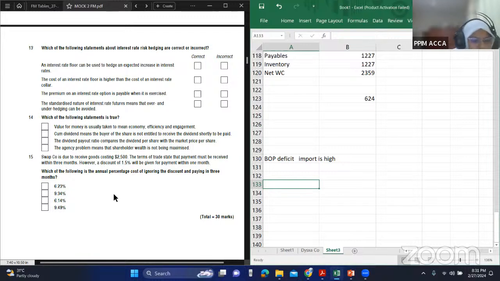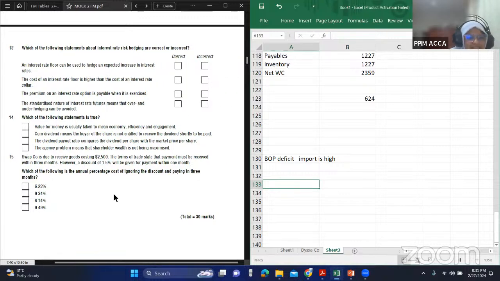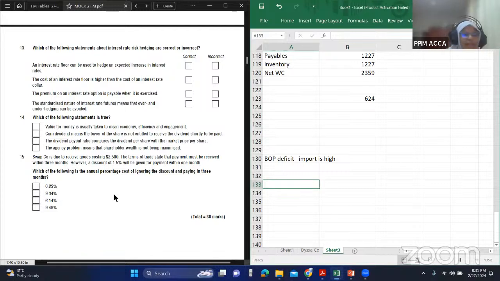Okay. How do you think you can go about this question? By the way, guys, this particular style of question came up even in the pre-mock. There is a technical article called interest rates, if I'm not mistaken. Please have a read at that, because calculating this annual percentage, there are different methods. They explain it clearly in the technical article. Since this question popped up in the pre-mock as well, just have a look at that technical article.